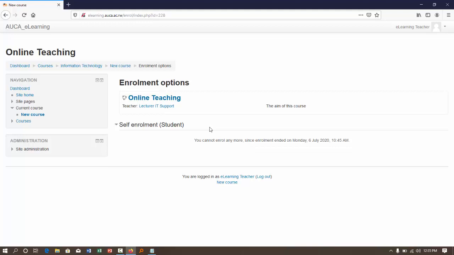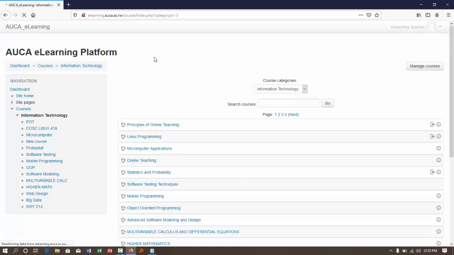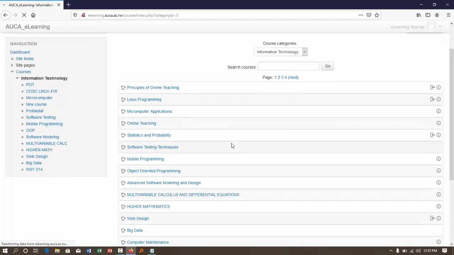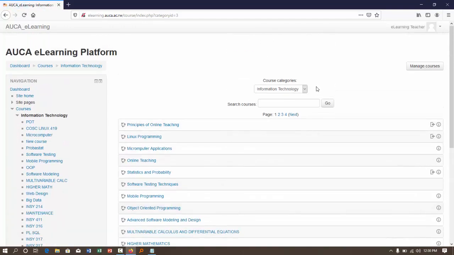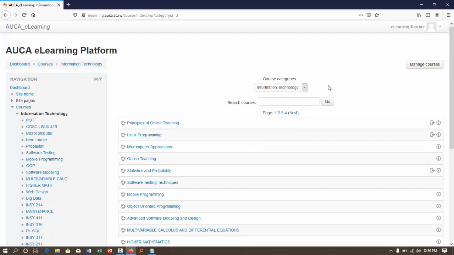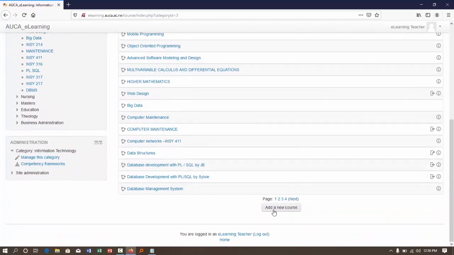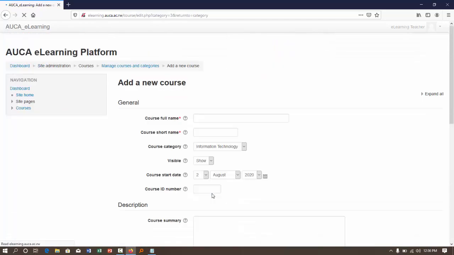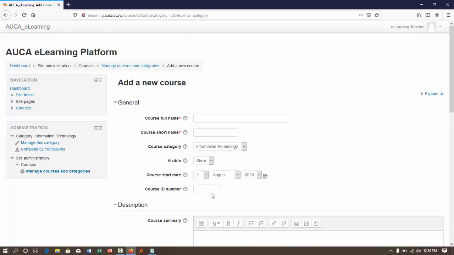So the first thing that I want you to do is to go here on information technology. As you can see: dashboard, courses, information technology. Click on your category. When you click on the category, you can also change the category here if you clicked on a category which is not yours. But then when you go down, you can see there is a button called add a new course. When you click on it, you'll have the same fields as before